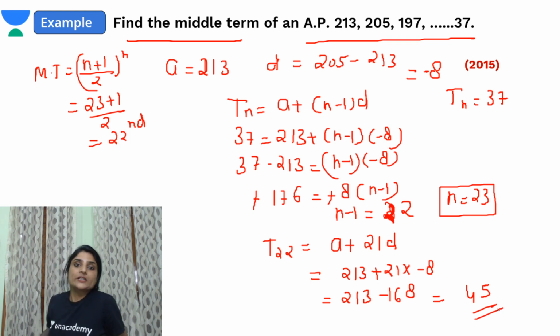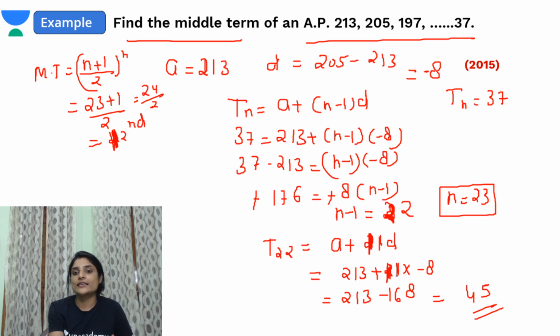You can check. What you need to do is find the middle term position. It will be 24 by 2, that means 12th term. 12th term, here you will be getting 11, here you will be getting 11 times 8, that is 88. I'm so sorry for that. Okay, so once you subtract 88, this will be 5, and here you will be getting 12, that means 125 it will be. Check this out. Yes, 125 will be the middle term, because the middle term will be the 12th term.